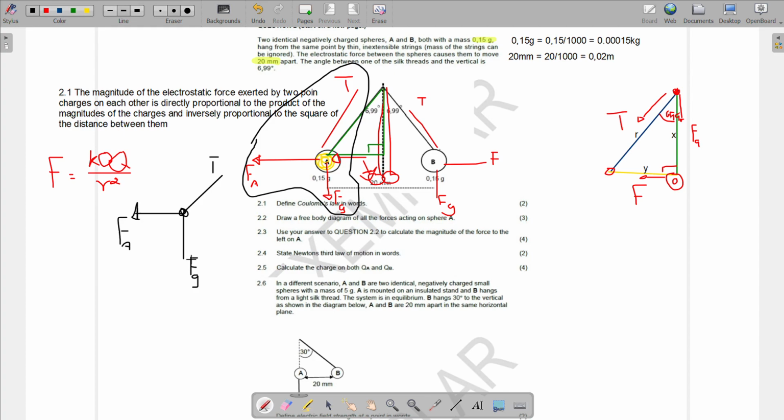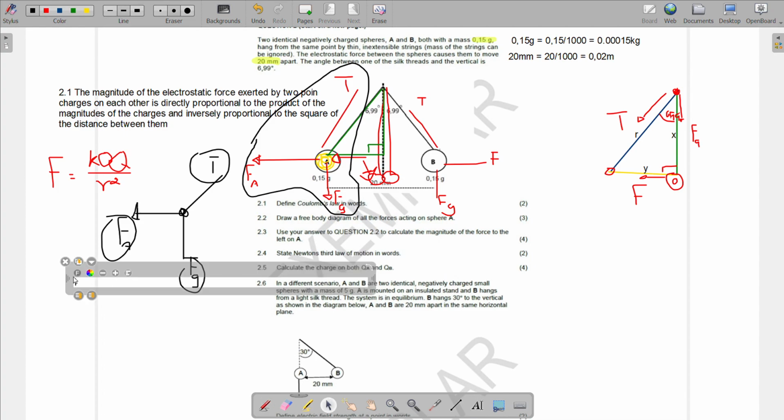The second thing: calculate the magnitude of the force to the left on A. So for the forces on A, first of all, we have tension. Secondly, we have gravity, and then again we have Fa. The first one we can find here is the gravity, because gravity is just mg. So now our force of gravity, we're going to start by saying Fg